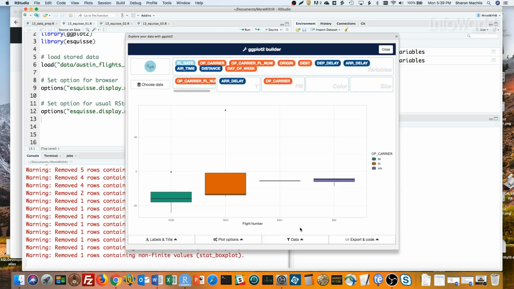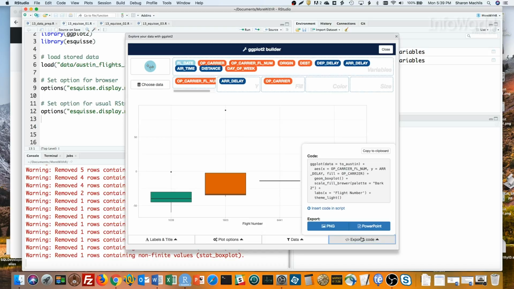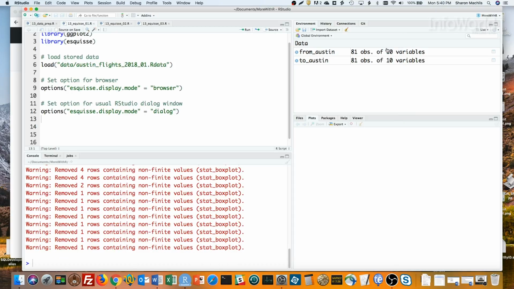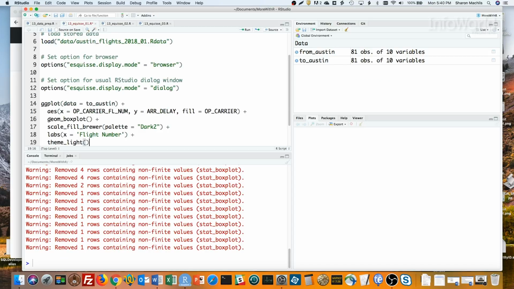And now here's a really cool part of this add-in. If I go to Export and Code, I have the R code that generated this graph. If I click Insert Code in Script here, the code will appear wherever my cursor was last in RStudio. Or, possibly safer, I can click Copy to Clipboard, close the add-in, and then copy the code into my script. You can see if I run that,